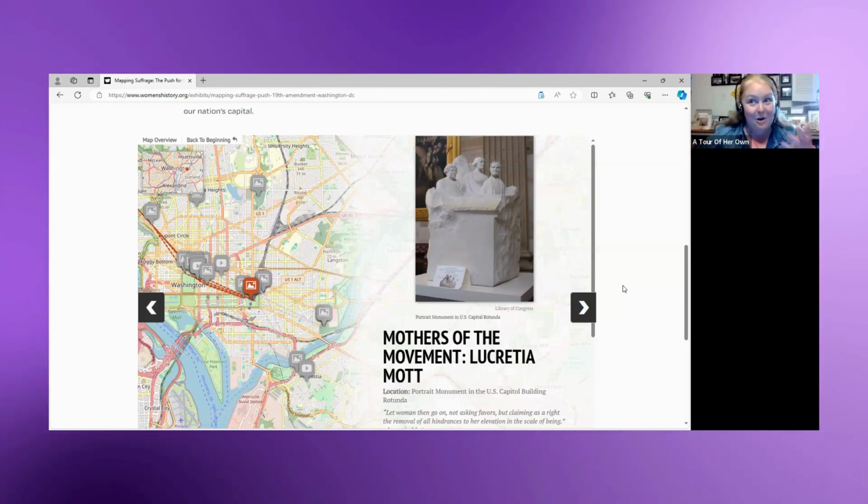And you may know or not know this, but there's actually a wonderful tribute to the mothers of this movement just inside the U.S. Capitol building. I think I'll throw it over to Lindsay, because not only is Lindsay a wonderful tour guide, she also works at the U.S. Capitol building. So Lindsay, do you want to tell us just a little bit about this portrait monument of the mothers of the movement? Yeah, so not only is this in the Capitol, it's in the Rotunda, which is usually